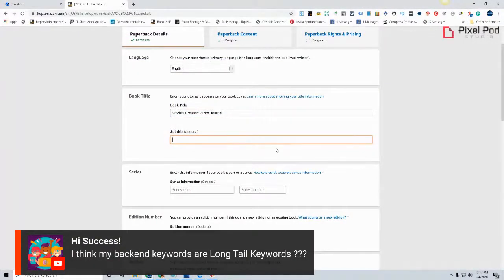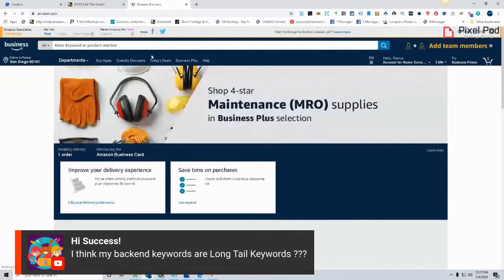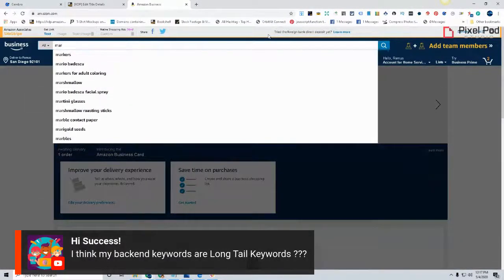One of the little tricks that I like to do personally myself is use Amazon.com. It's one of the easiest ways to learn about your niche and learn what's going on inside that niche. So it's very important that you guys understand that, right? So let's go over here to Amazon.com and we're going to type in